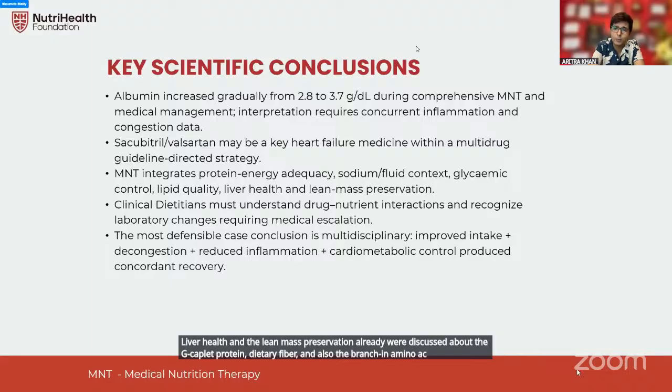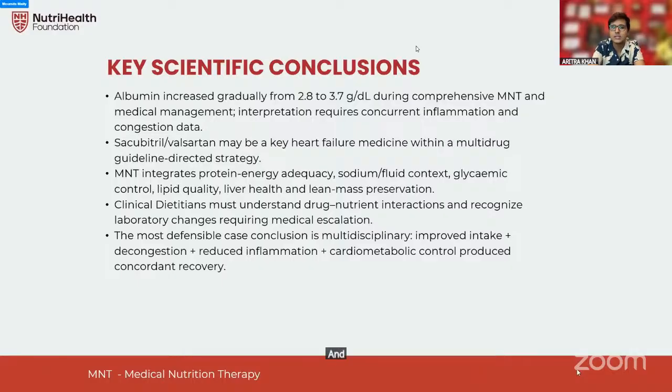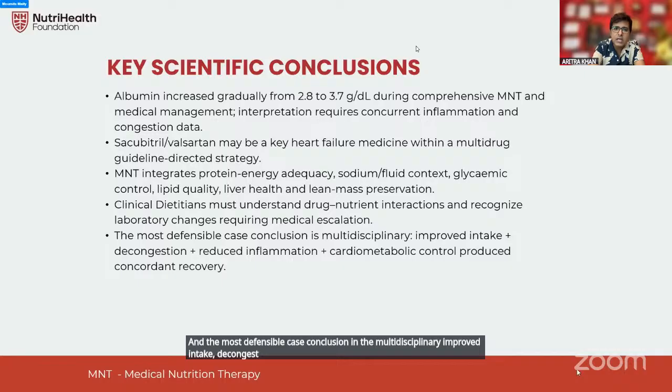We're talking about the mTOR pathway, like cystine 2 and the GATA2. Clinical dietitians must understand drug-nutrient interactions and recognize laboratory changes requiring medical escalation. And the most defensible case conclusion in the multidisciplinary approach: improved intake, decongestion, reduced inflammation, and cardiometabolic control produced the concordant